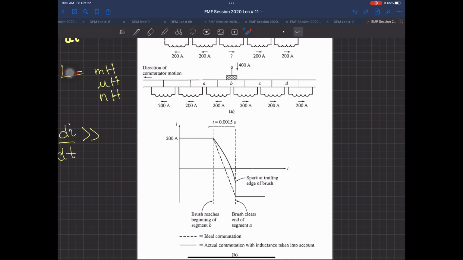LDI by dt effect वहाँ नहीं होगा. Why? Because यहाँ पे आप क्या कर रहे हो? You are having a DC current, constant DC, which goes to negative DC. In AC machines, you are having a sine wave. It will follow a sine wave. DC में आप क्या कर रहे हो? यह constant current. अगर DC constant चलता रहे, कोई issue नहीं होगा. लेकिन क्या कर रहे हो? There has to be a reversal of current so that the motor moves in one uniform direction.